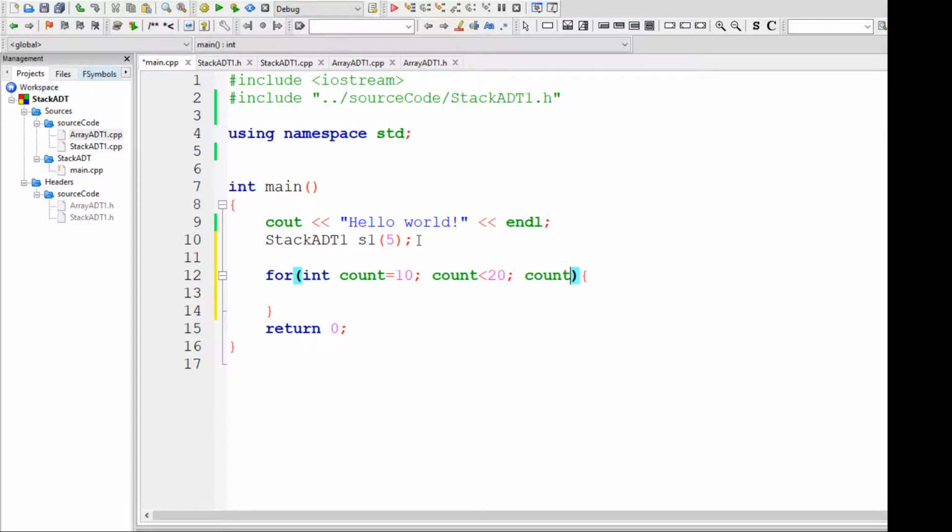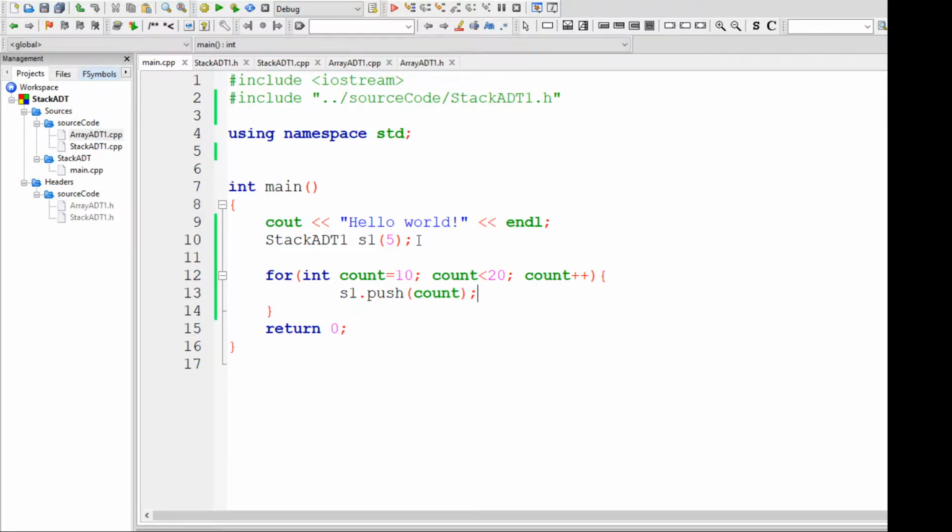I'll say count plus plus, and all I will do is s1 dot push value of count. Okay, and with this let's see what happens.